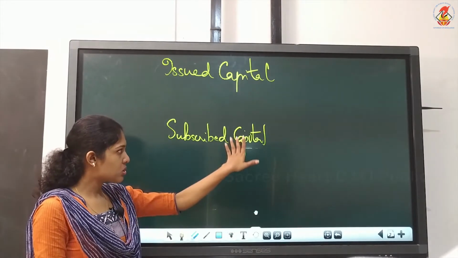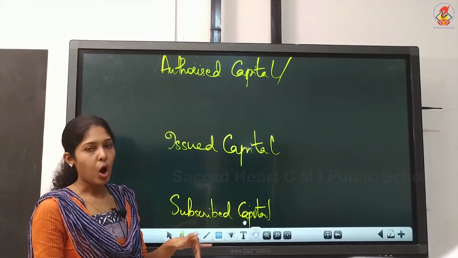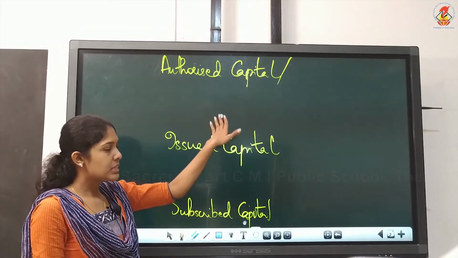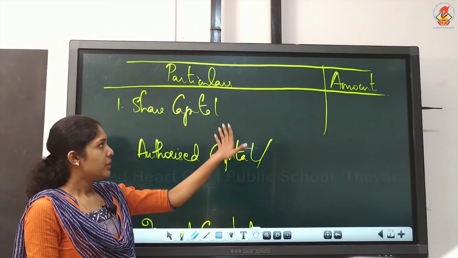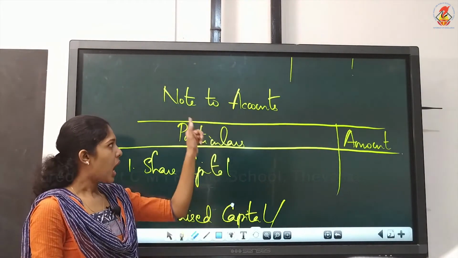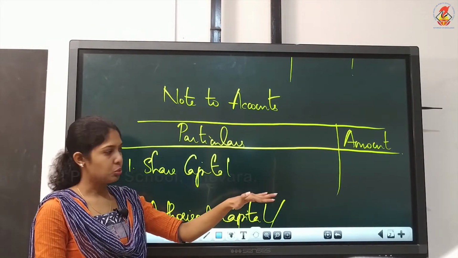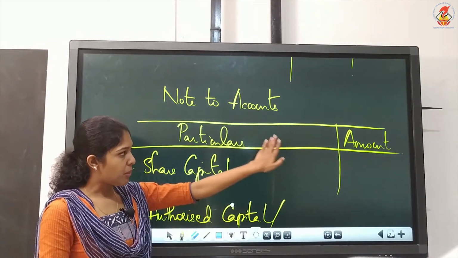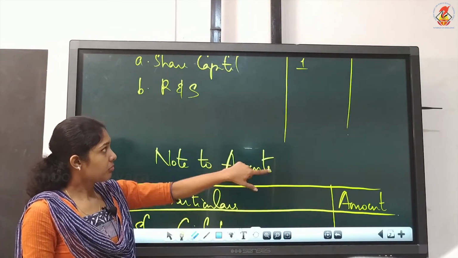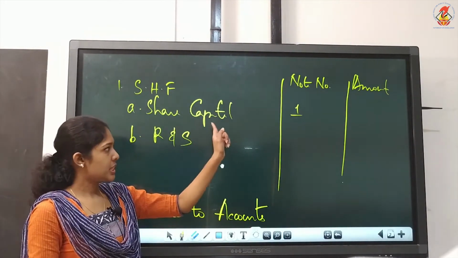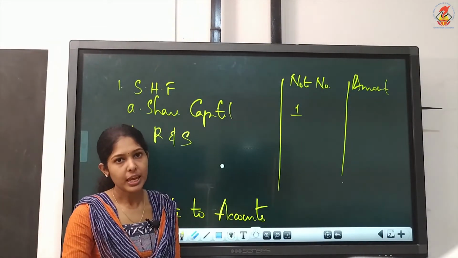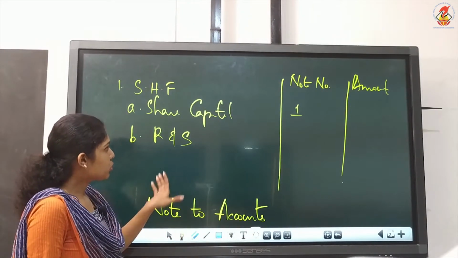This is how you have to show the split up of share capital. Are we showing it inside the balance sheet? No. This is shown as a working note under the head notes to accounts, and this is how we have to do it. Then once you write the amounts, the total will be transferred to the balance sheet. Again, share capital, we'll write the amount. Okay, so we'll do this question.